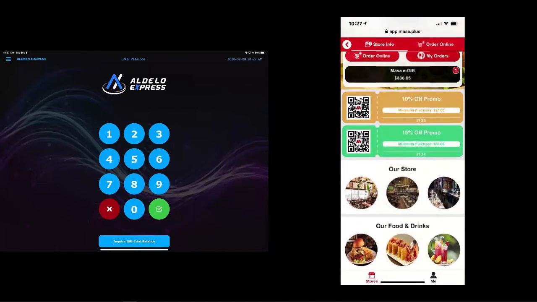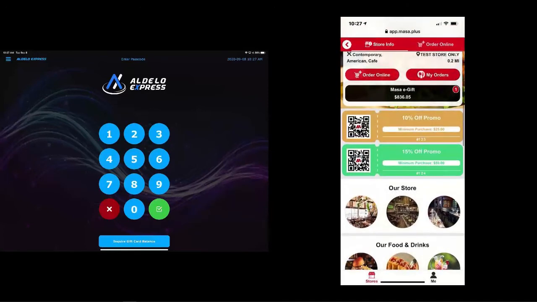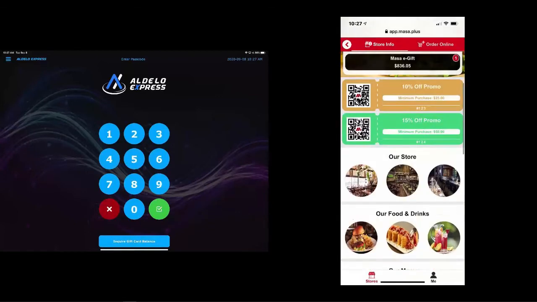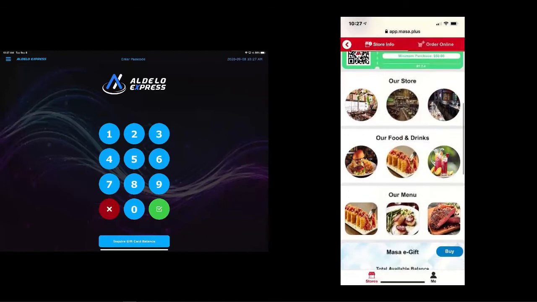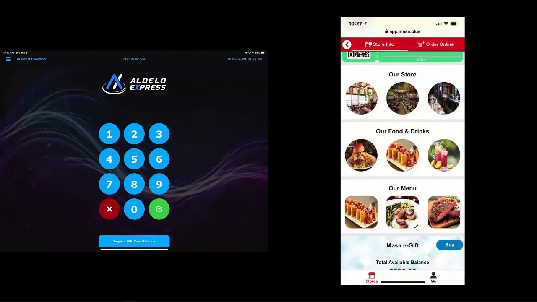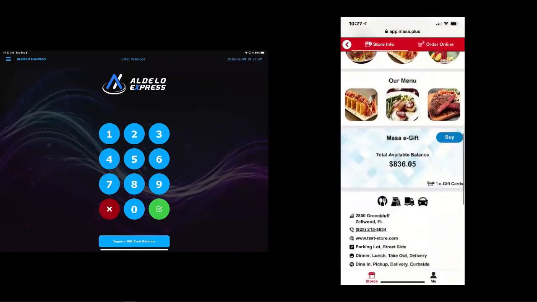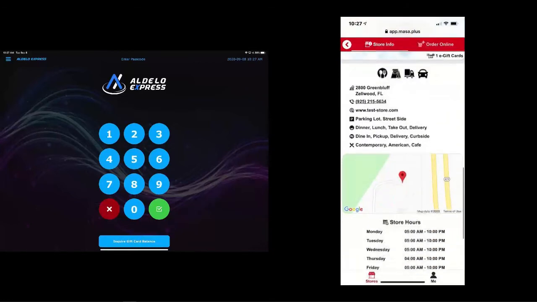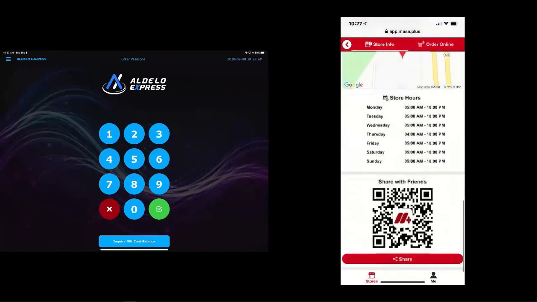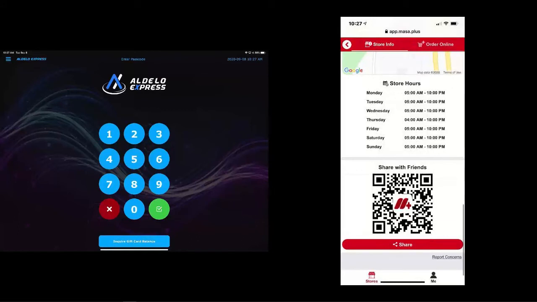We also have coupons that are on the point of sale now. This allows you to have certain conditions that are met, then the coupon can be used. This is additional information on the store, menus online, address and pickup information, store hours, and at the bottom, here's a QR